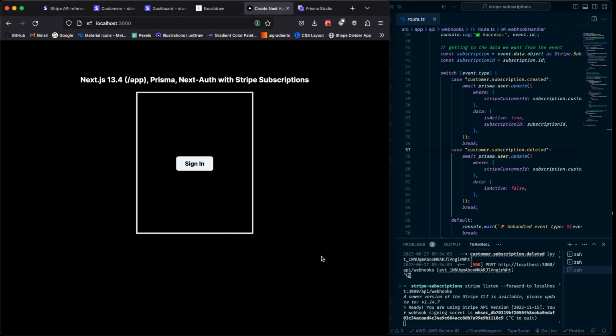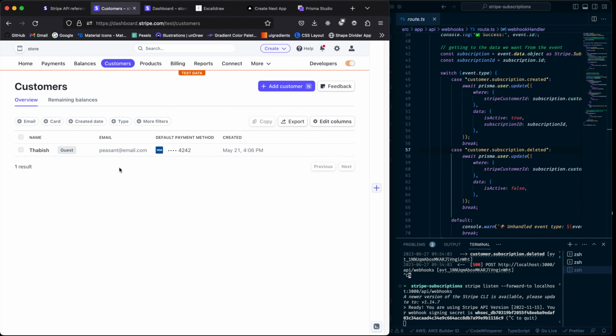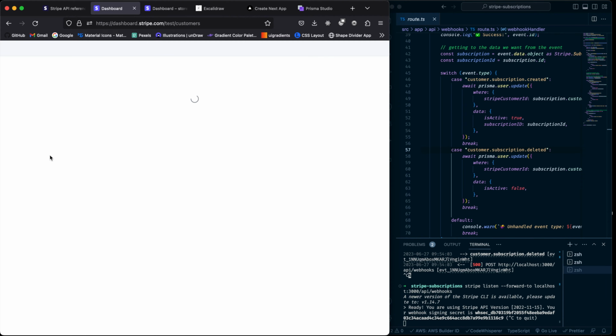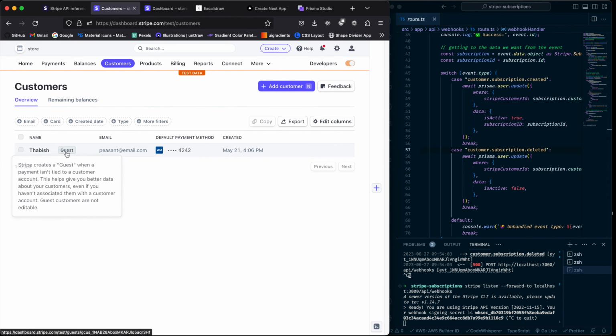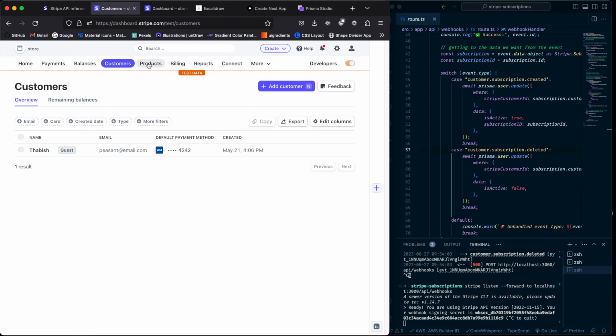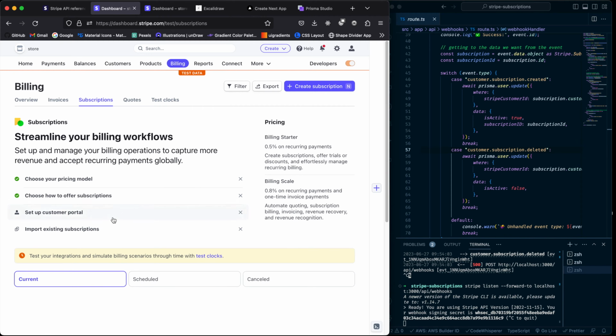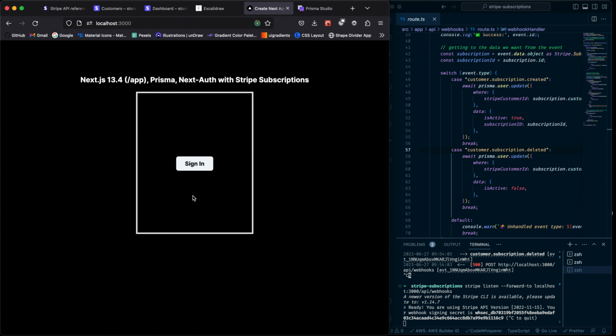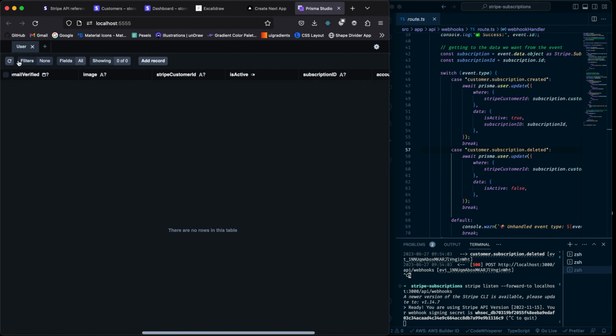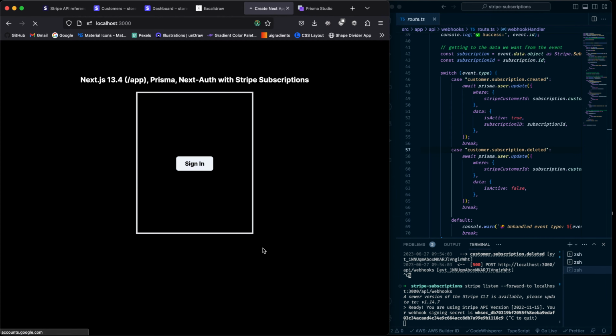Before we actually begin, let me demonstrate how this works. So this is my sign-in page. In my Stripe customer tab, there's just one customer right now, which is me as a guest, so don't pay any attention to that. And if I go to billing subscriptions, there's nothing right here. Also my Prisma Studio, if I refresh this, you can see there's nothing here. So now if I sign in,